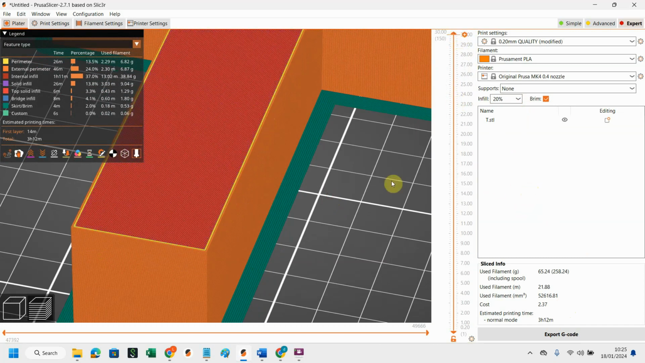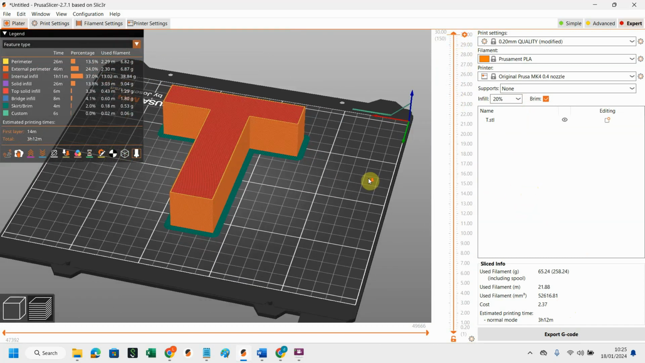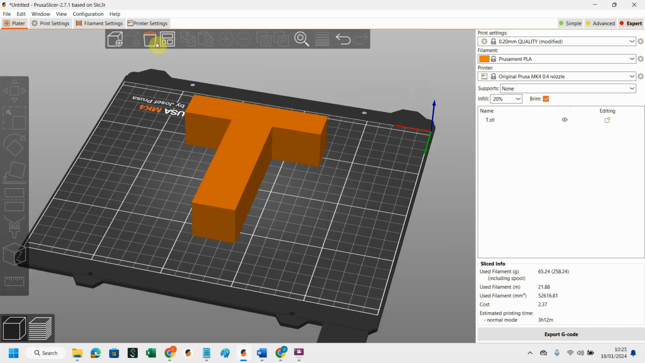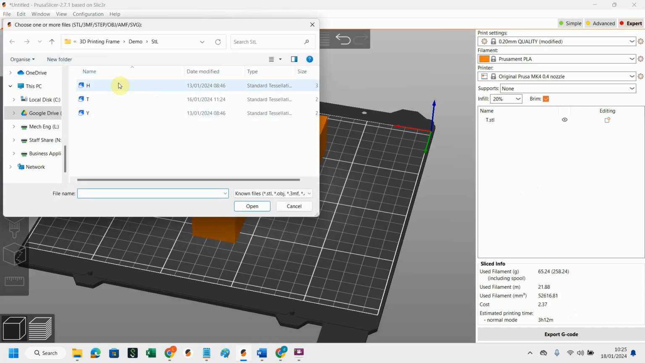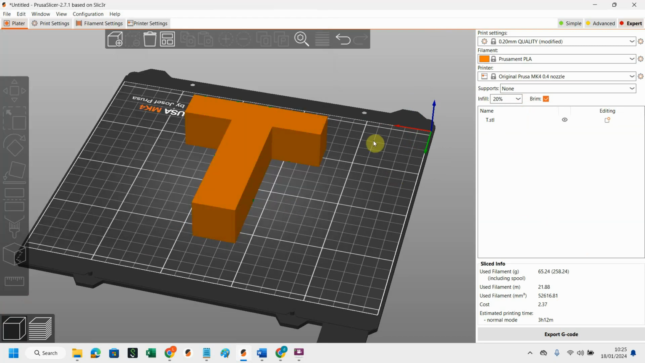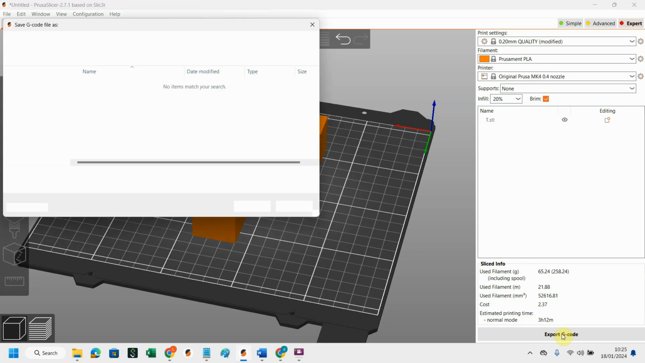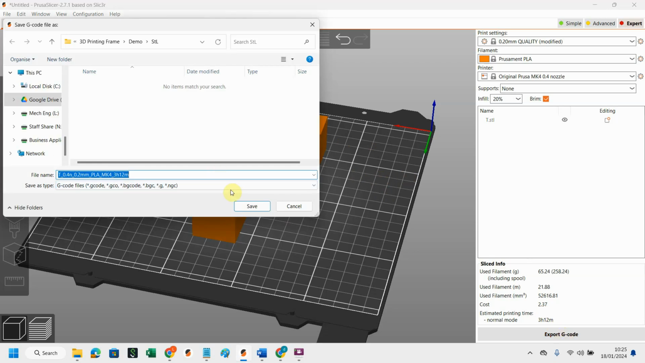Okay, so when we're happy with the setup of the print, if you wanted to add another shape, you just go back and select another part. So now we export the G code, and I can save that. Okay,